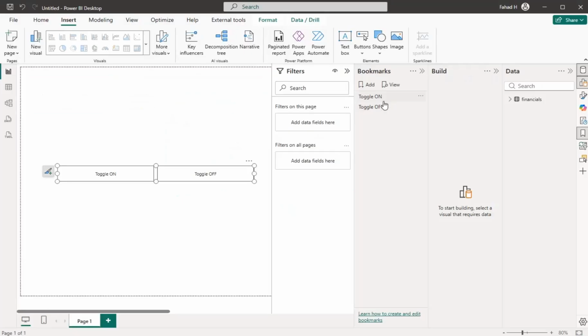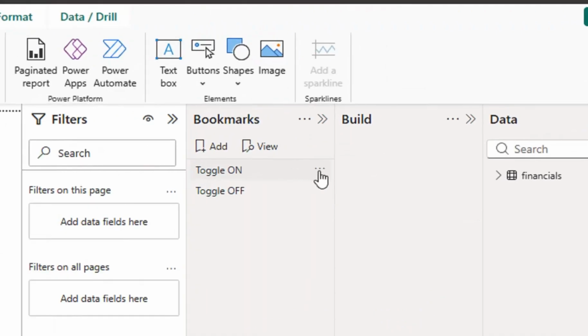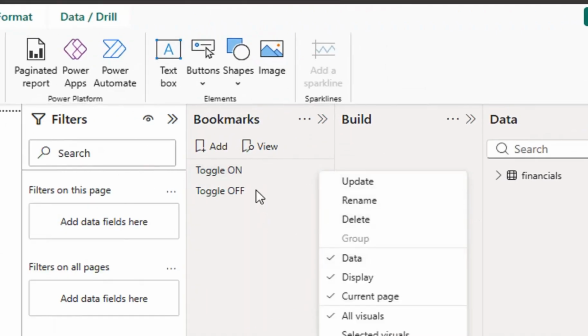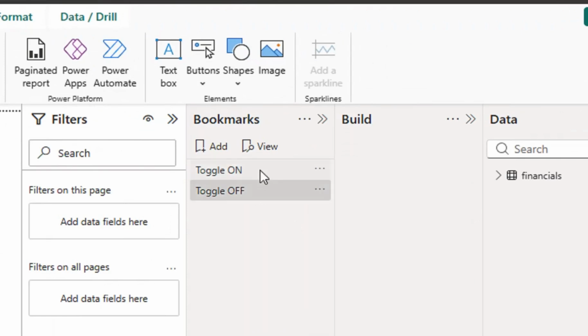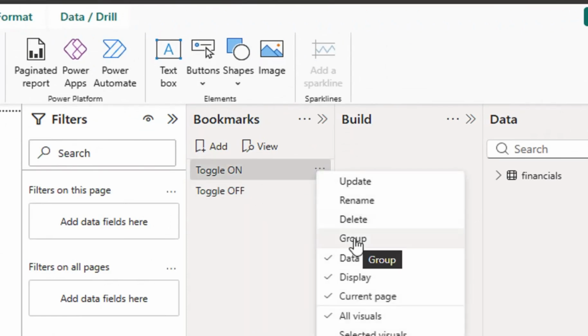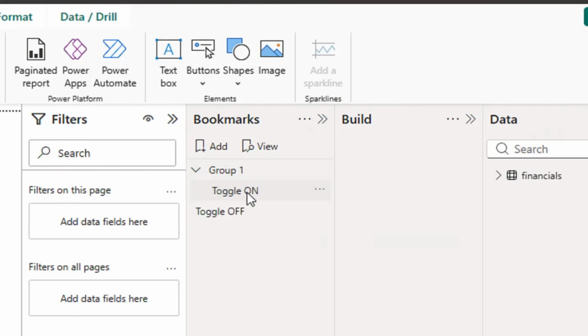Okay, now click on the toggle button, three dots, and convert into a group. You can see that there is a group option. Click on the off, then on, and the three dots, there is a group. Make it a group. Inside the group, double click on it, toggle on, and replace it with this sign. And after that, double click on the group option and name it the same,